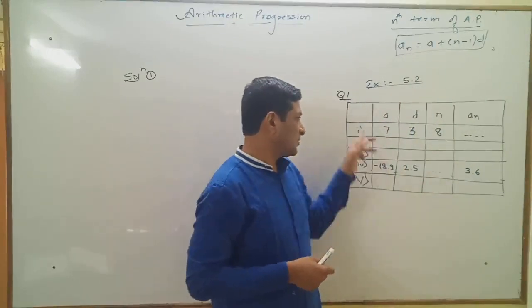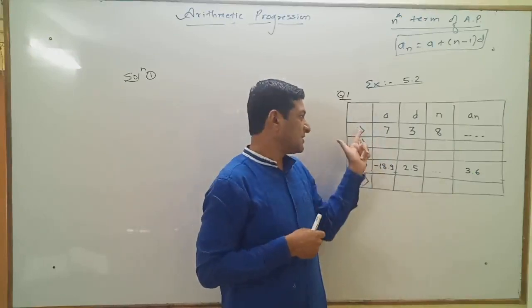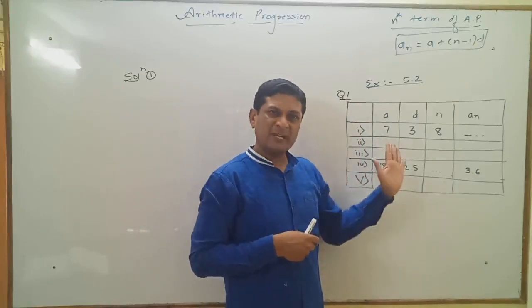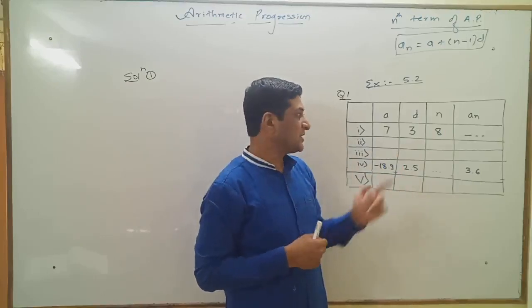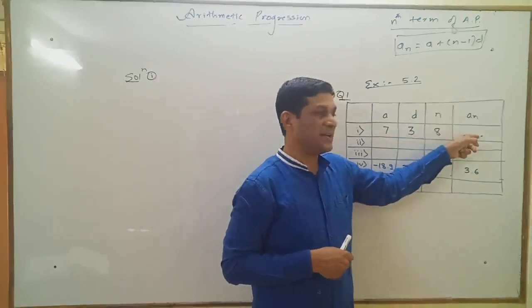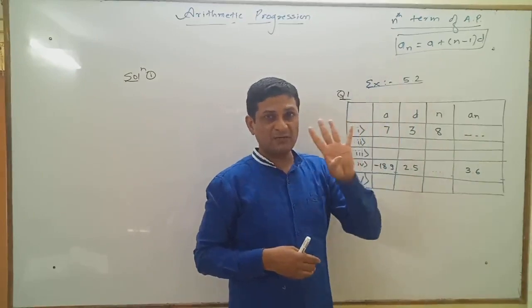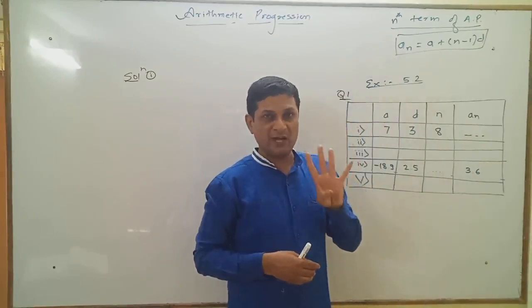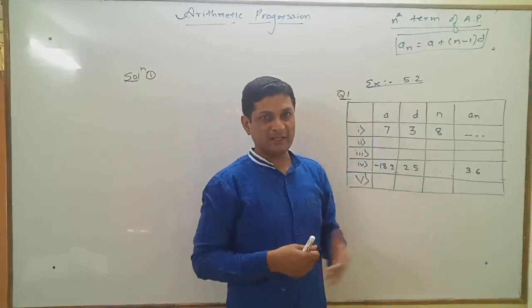Now using this formula, we are solving the questions. In this case, a total of 5 examples are given to us. We are solving the first and fourth examples. The remaining examples we have to solve using the same method. If you observe here, 3 values are given to us and 1 value we have to find out. Just now we have seen that in this formula there are total 4 values. If 3 values are given, we are able to obtain the 4th value applying this formula.